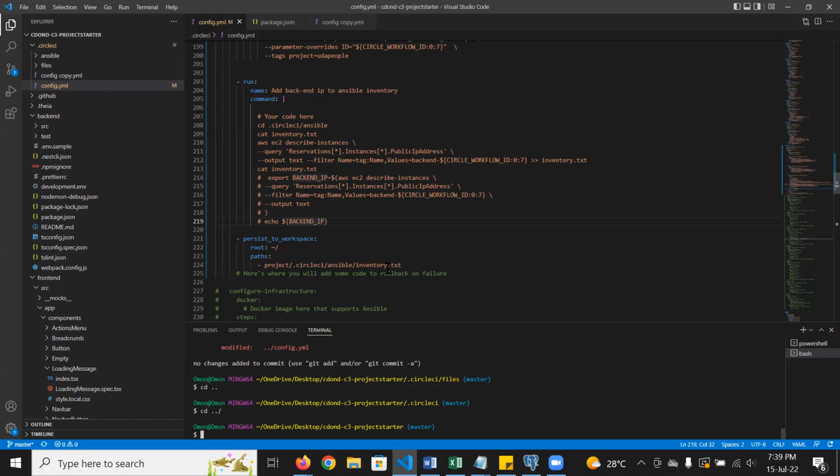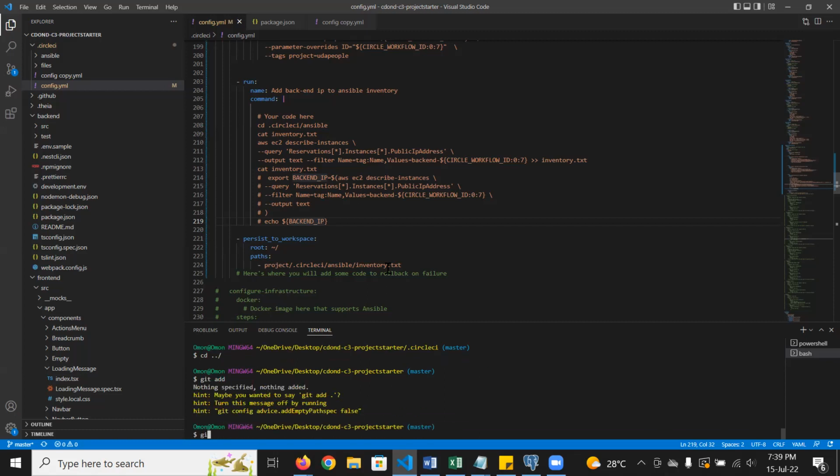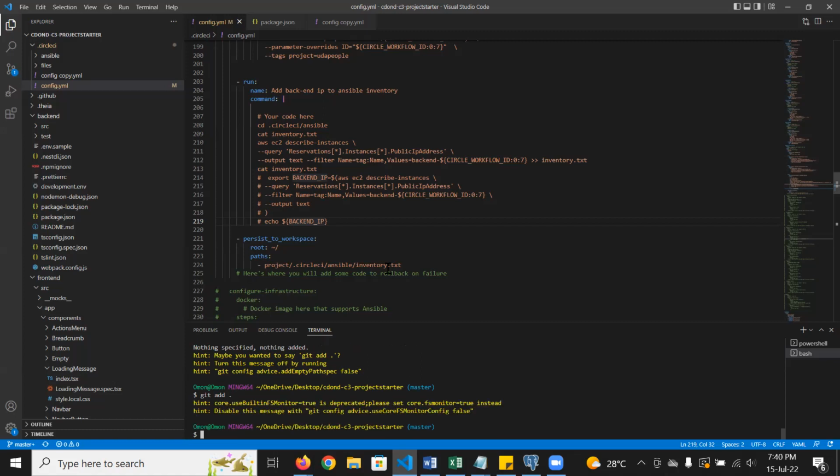So let's try the commands again. Git add, space, dot. You didn't add the dot. Enter. Yeah, git commit. Then